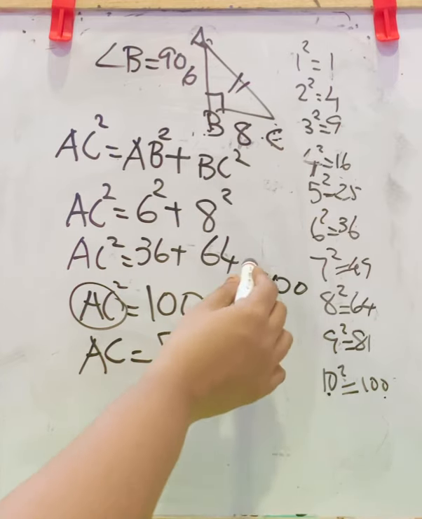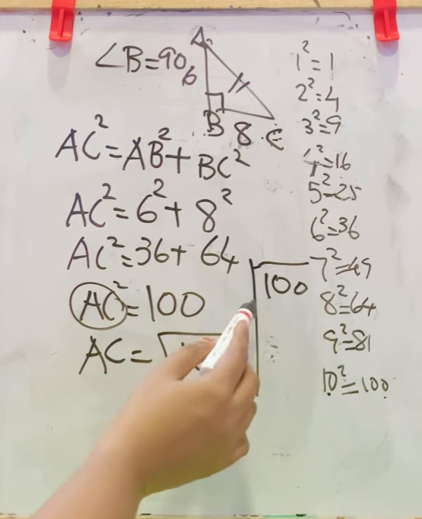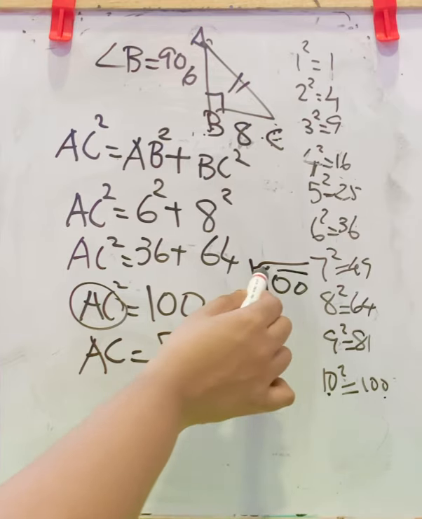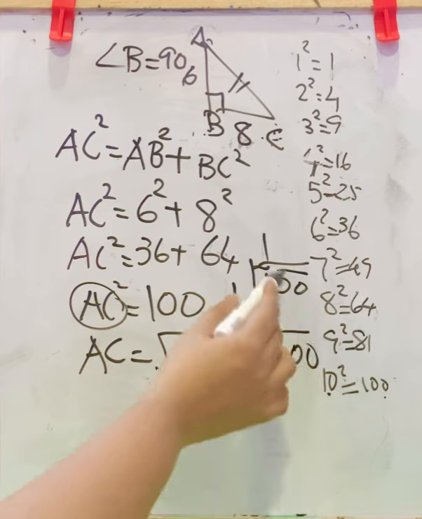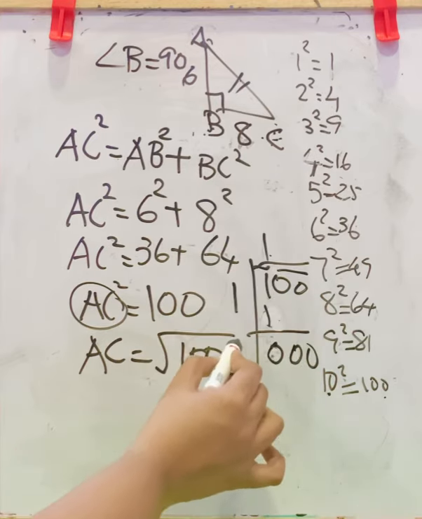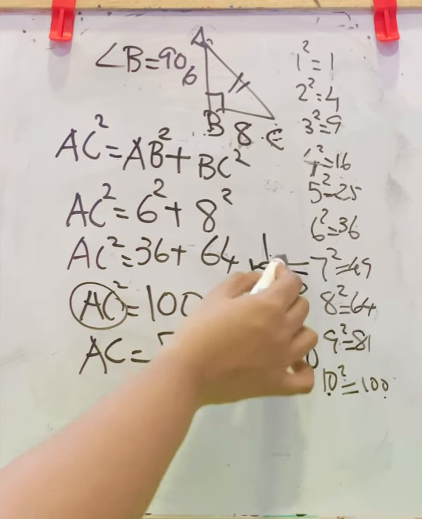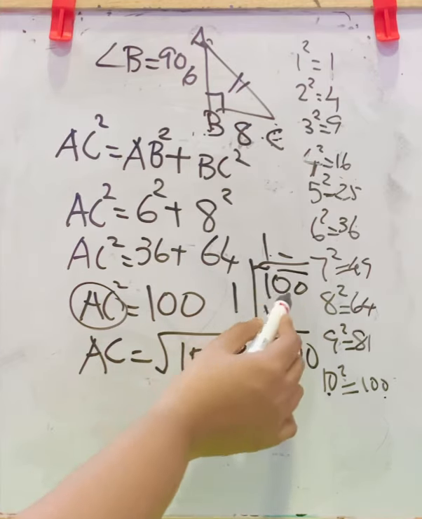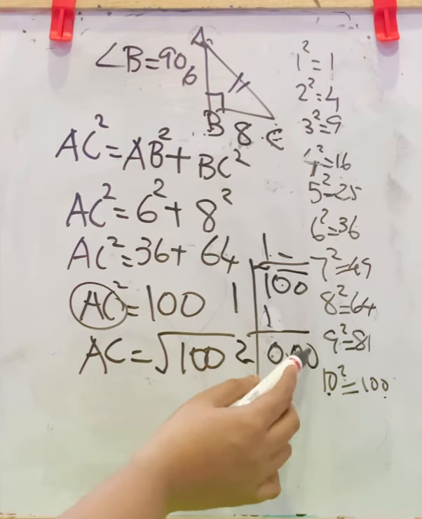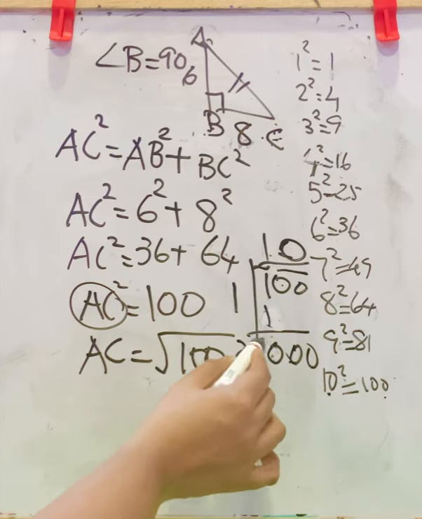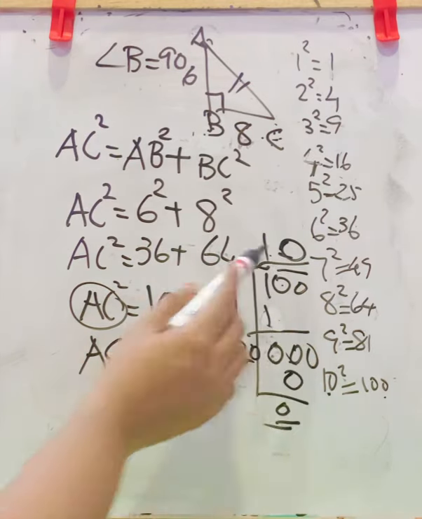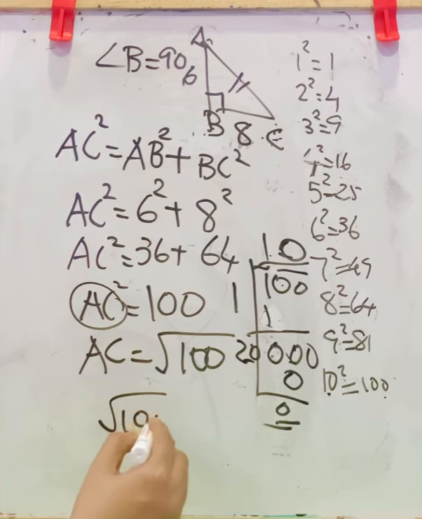But I will show you with the long division method. That is, pair it. 1 ones are 1, balance is 0. Carry down the 0. Don't stop here. Double this. 1 becomes 2. Now dash into dash. Remember, if you carry down these numbers and you have to show that you can't proceed, you will put a 0 here. 20 into 0, 0. So square root of 100 equal to 10. That is AC equal to 10 centimeter.